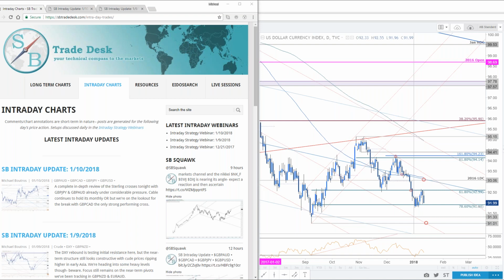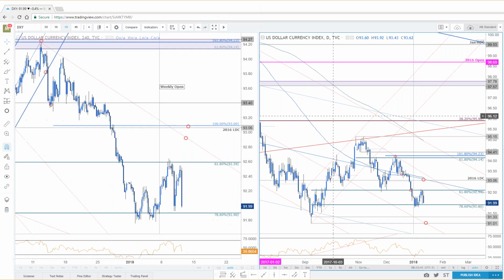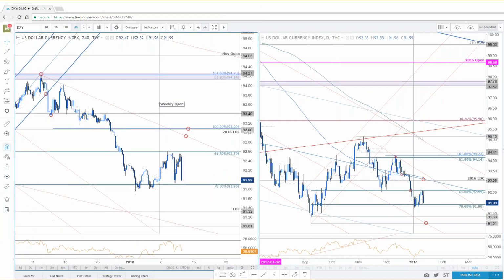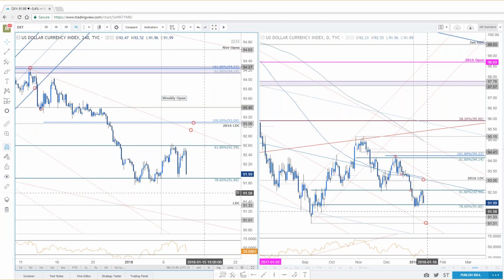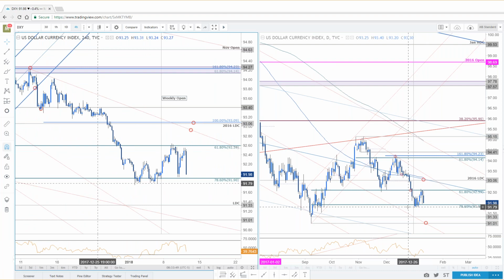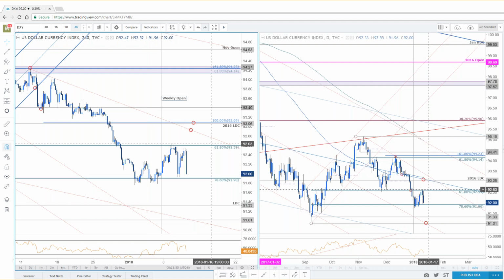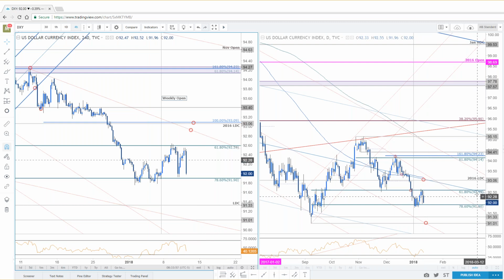So real quick, I don't really have much on the DXY to update. This is the same range that we've been talking about since the start of the year, 91.90 being the 786 retracement of last year's advance. The monthly opening range low comes in just lower, 91.80. Near-term resistance in the opening range high for the month comes in at 92.60, 92.59. That's also the former swing lows here and pivots that we've made in price in the index.